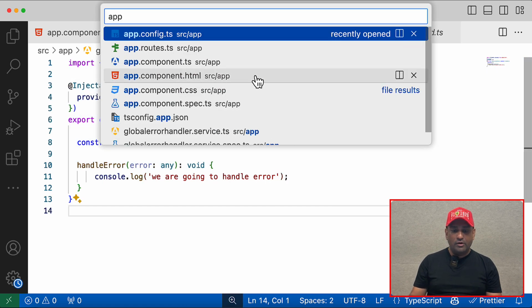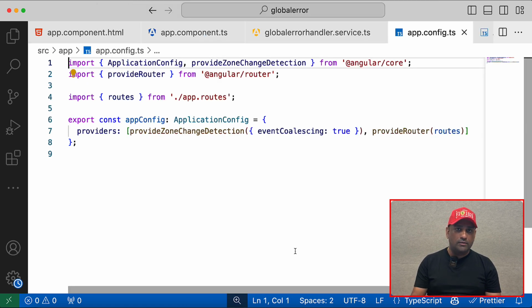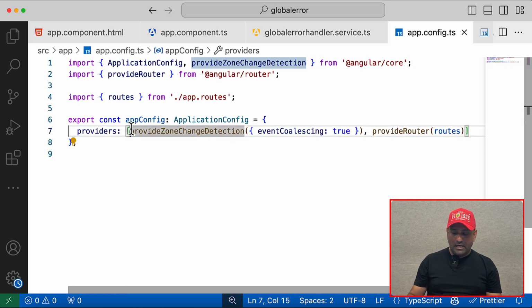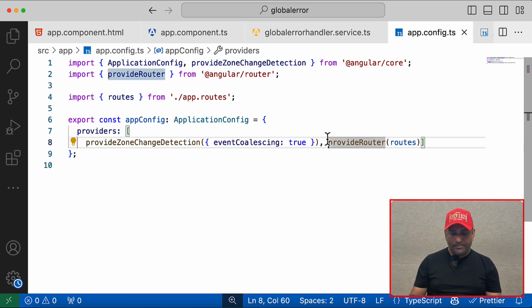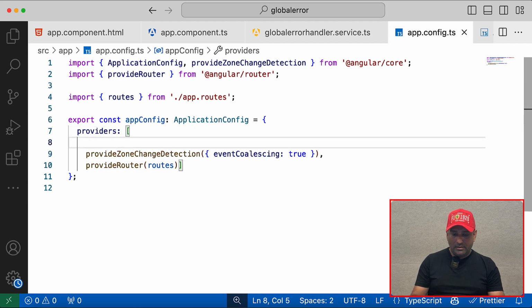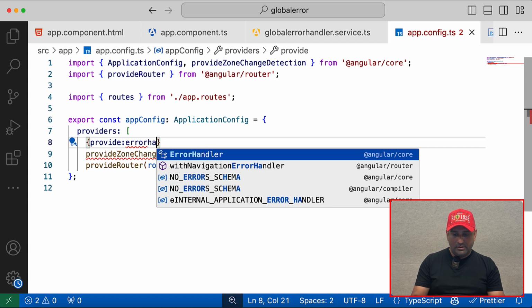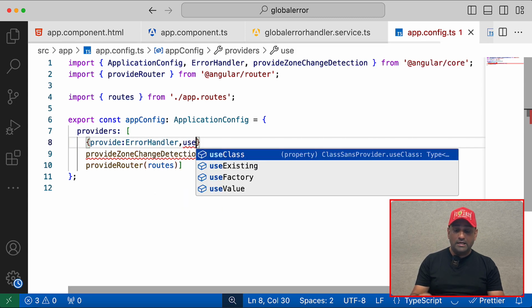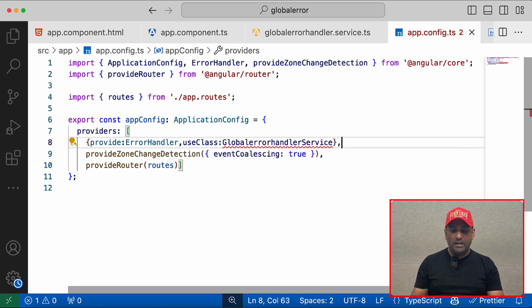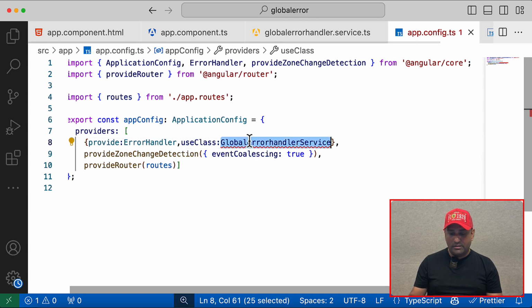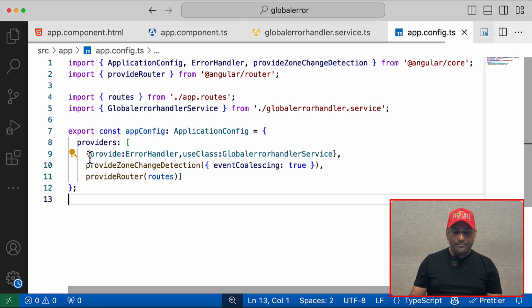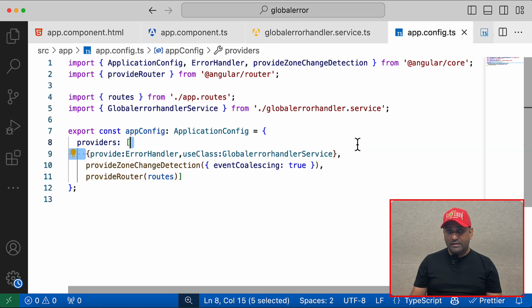app.config. If you are on a version earlier than Angular 14, you can go to app.module.ts. And here I would say that, hey, provide, whenever there is an ErrorHandler class token, please use the class GlobalErrorHandlerService. So here we are using the global error handler service which we just created, and this code is again related to